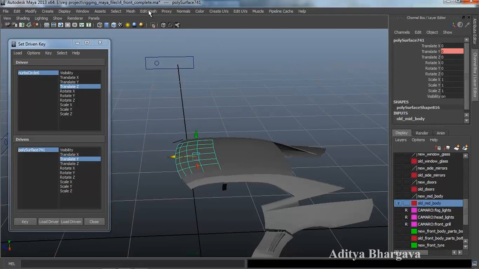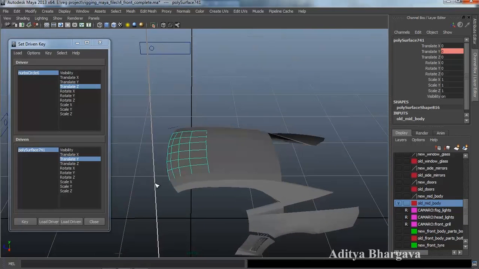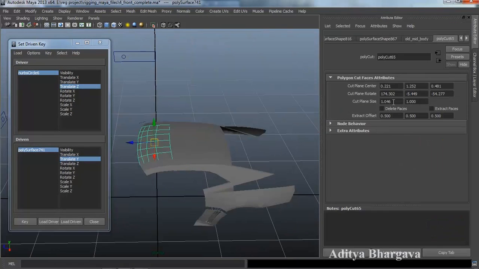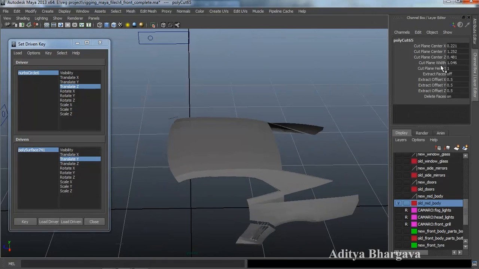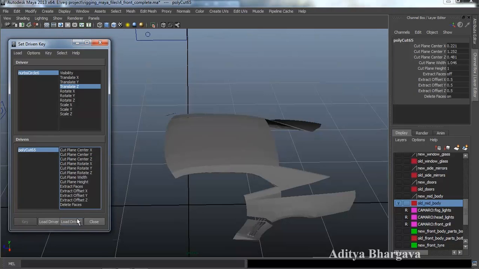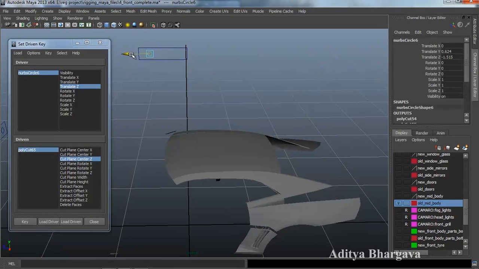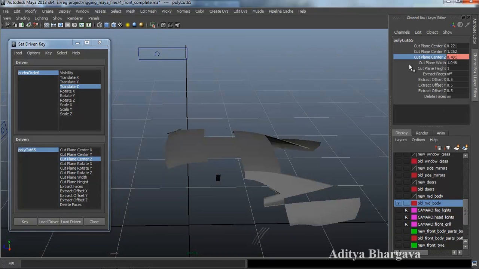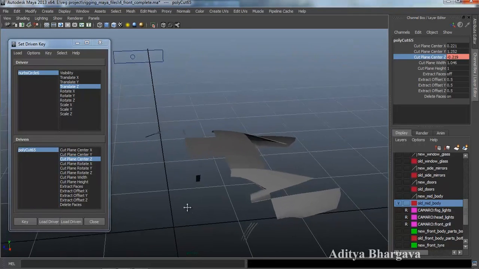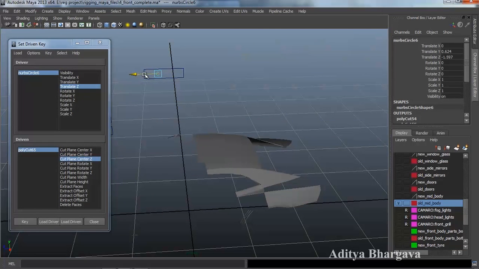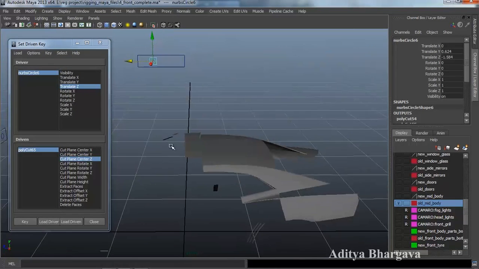And now select the part, go to edit mesh, cut faces tool, place a cut faces tool over here, press W, press Ctrl A, delete faces, select the tool, press Ctrl A. It is the Z axis this time, so make the Z axis key, then make it a key, then move the controller further, select the polycut, make it go off the visibility like this, and press key, then move the controller a little bit backwards, like this, select the next part now,